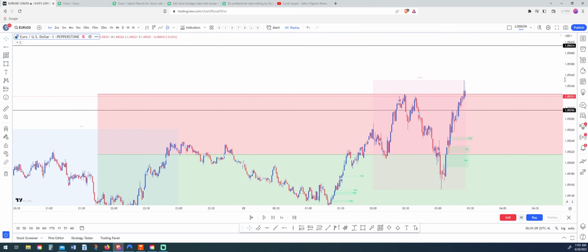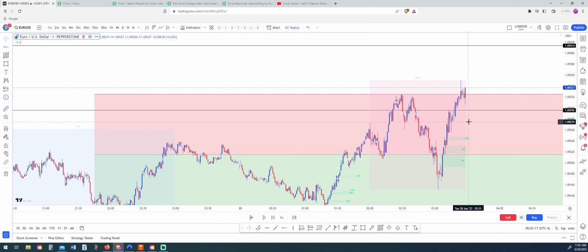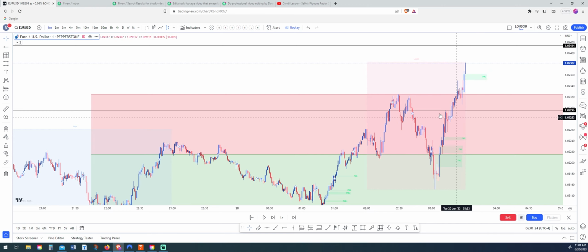So what have we got? We're going to pull back in here. Our break of structure is still going to be down here, so we need quite a strong pullback. No, so it looks like price is displacing higher now. So we're breaking structure here, displacing higher. So it looks like our target will be